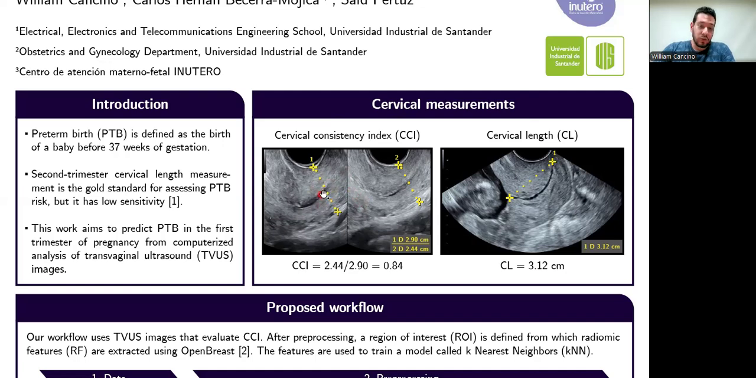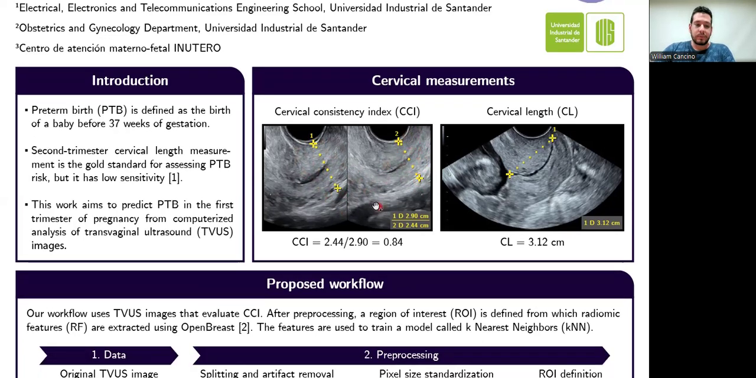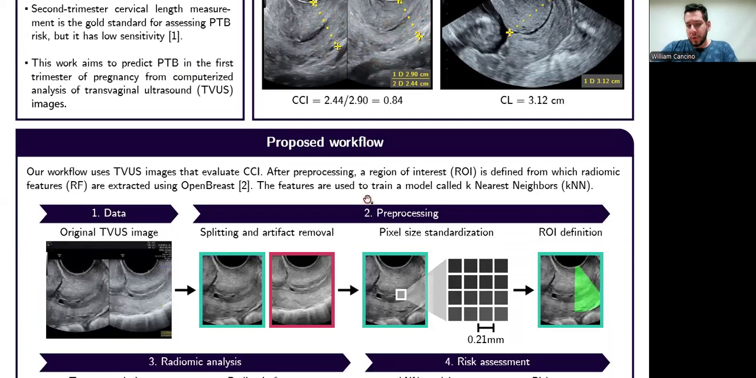So CCI uses two measurements. The first one corresponds to the uterine cervix without applying any compression, and the second one corresponds to the uterine cervix at its maximum compression. We propose a workflow that starts from